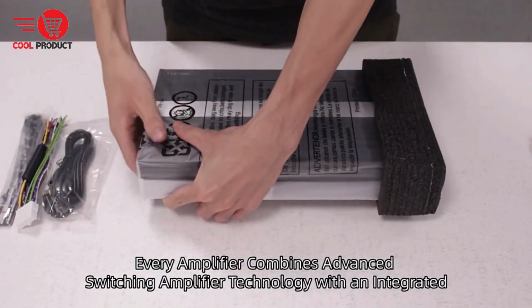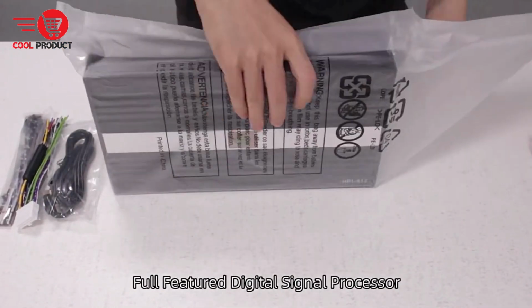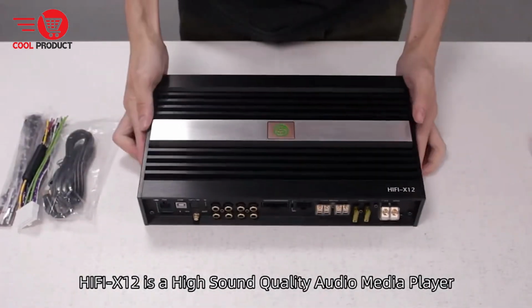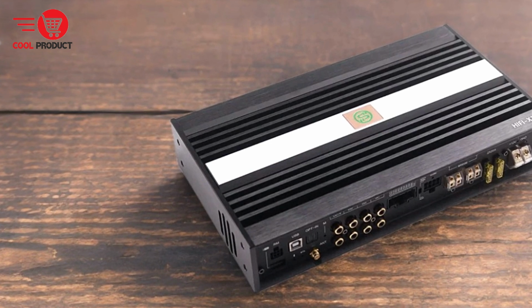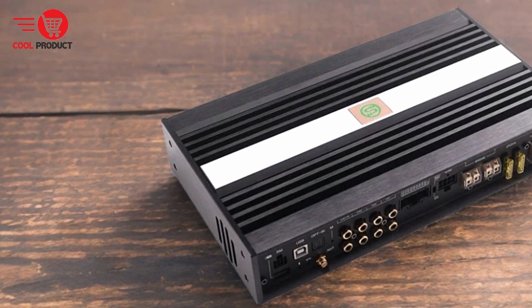10-channel digital signal processor. Featuring 2 dual-core high-end, high-res audio processing chips, the HIFI-X12 boasts impressive computing power up to 456 MHz. This DSP capability allows for precise audio tuning, improving instrument appeal and sound separation to achieve a natural